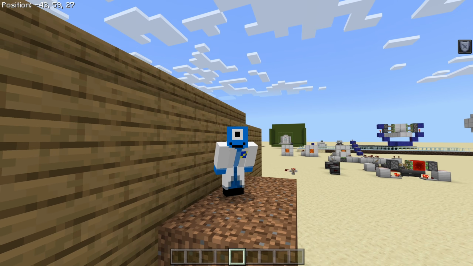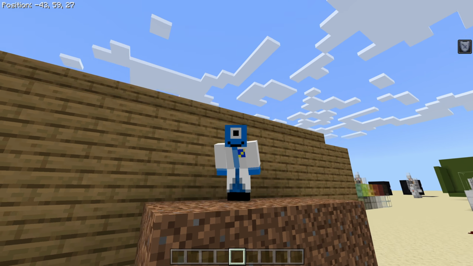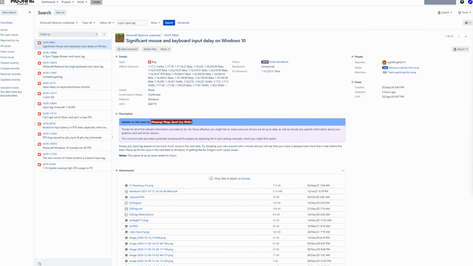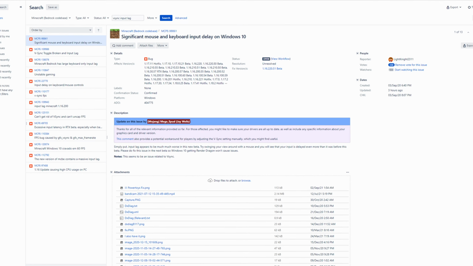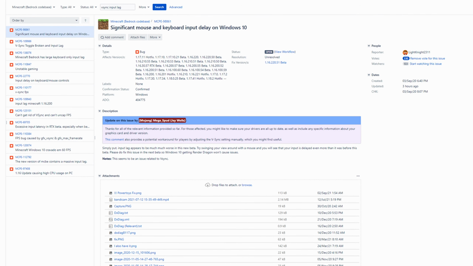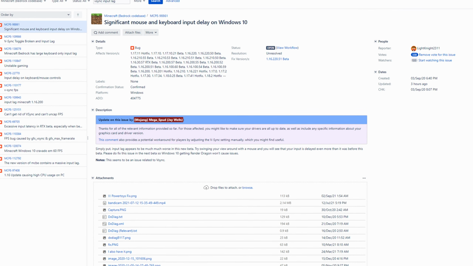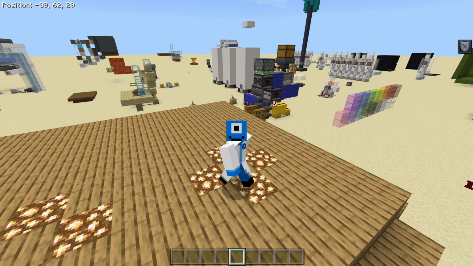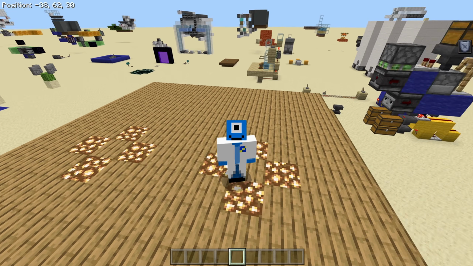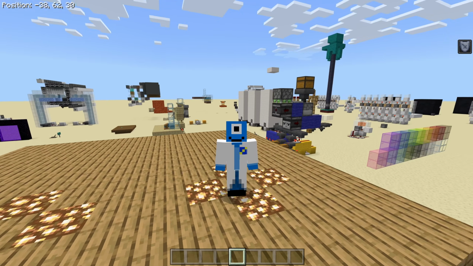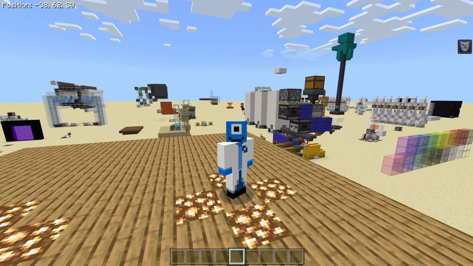Today we're going to be taking a look at disabling vsync to actually decrease input lag. On Bedrock Edition there is basically a bug where vsync causes input lag. I want to show you how to stop this from happening, because input lag is very annoying. Something to point out is this only happens on Windows 10 or 11. So if you're playing with a mouse and keyboard and you have vsync enabled, then it will cause input